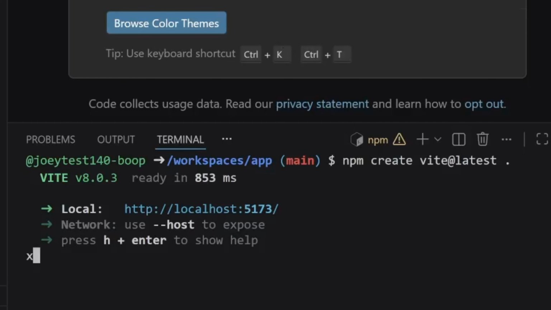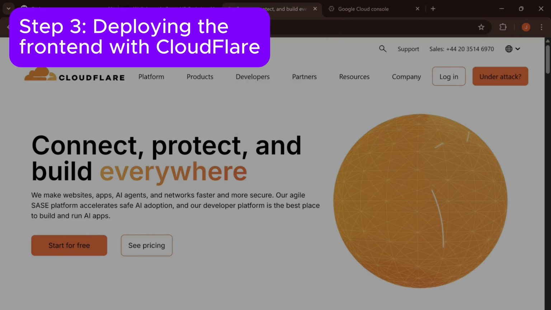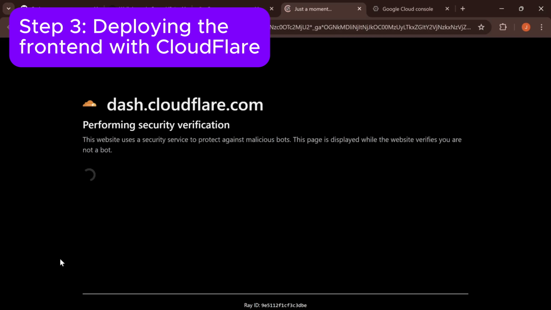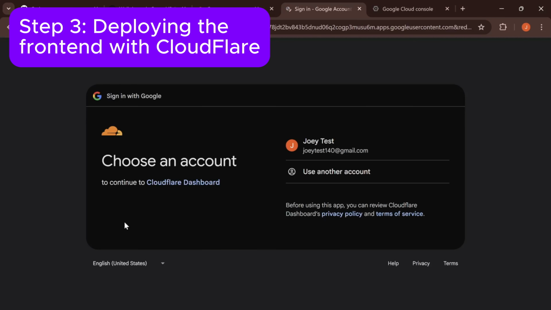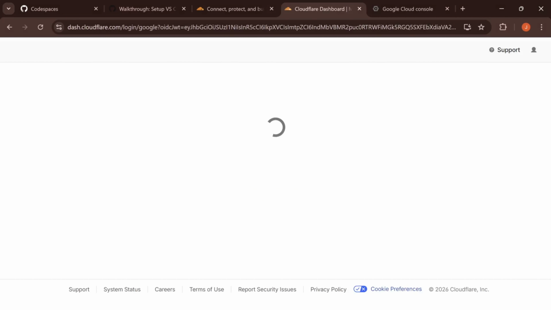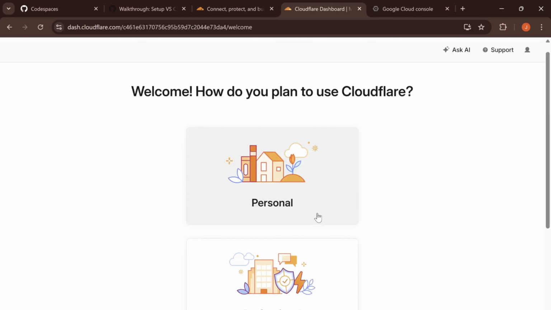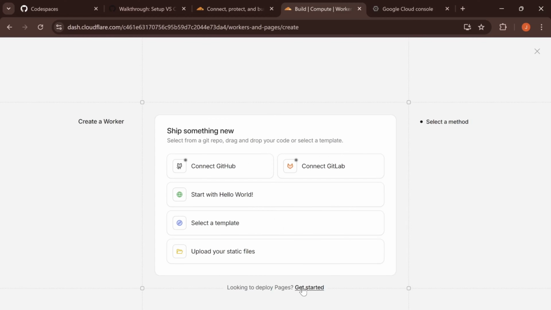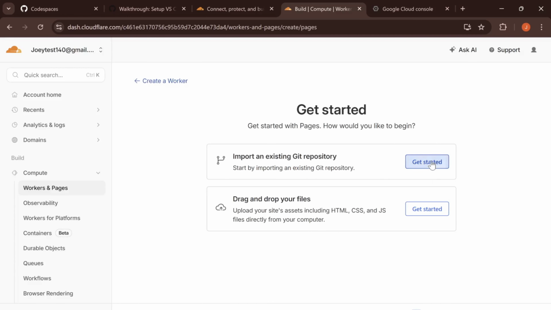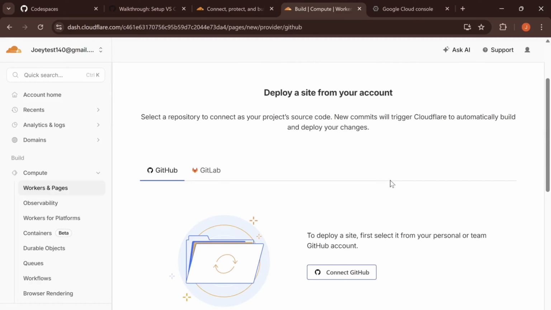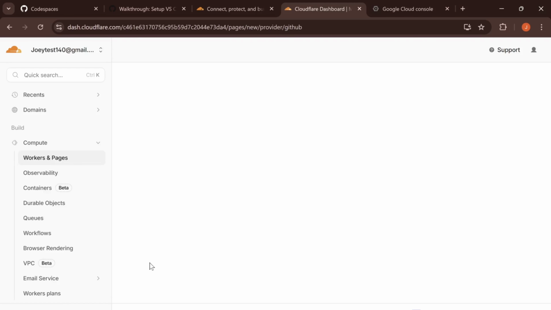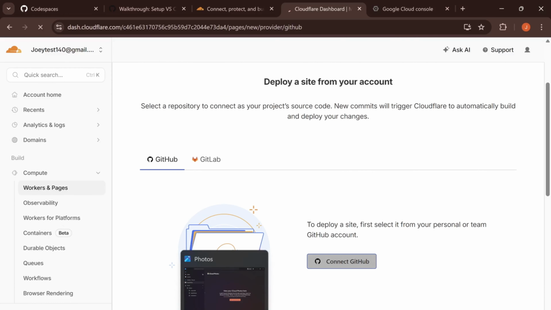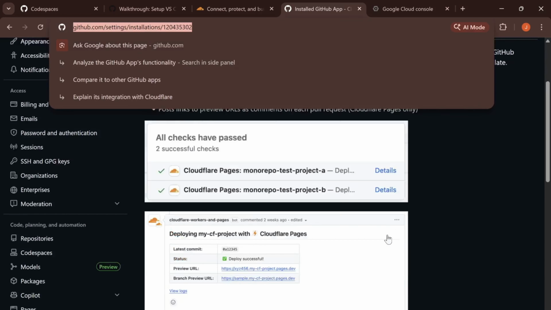Now, this is all installed. We can now proceed to Cloudflare and host our GitHub repo on Cloudflare. This lets you safely deploy your app, and it allows anyone to access it publicly. So you're going to log into Cloudflare, create an account if you don't have one already. And after that gets created, you're going to want to connect it to your GitHub. So you'll follow that process. And then once it gets connected to your GitHub, you will